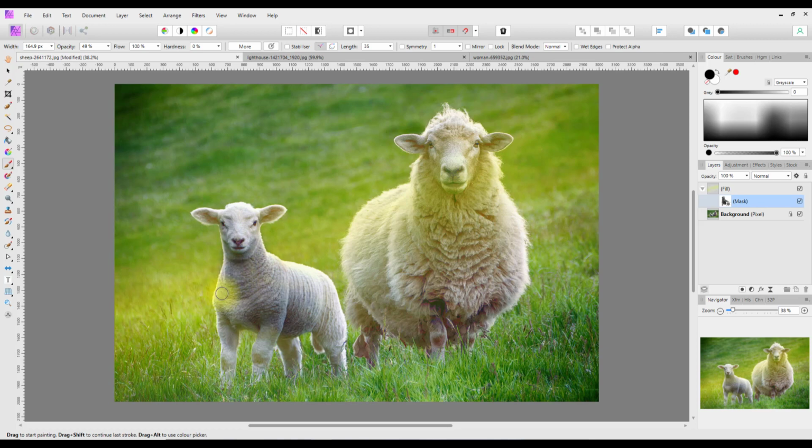And hopefully you can see that that is starting to show through. And on this bigger sheep I'll increase the brush size and then reduce it. I'm using the left and right square bracket keys to increase or reduce the size of the brush head. So I'll reduce it down for this sheep's ears,